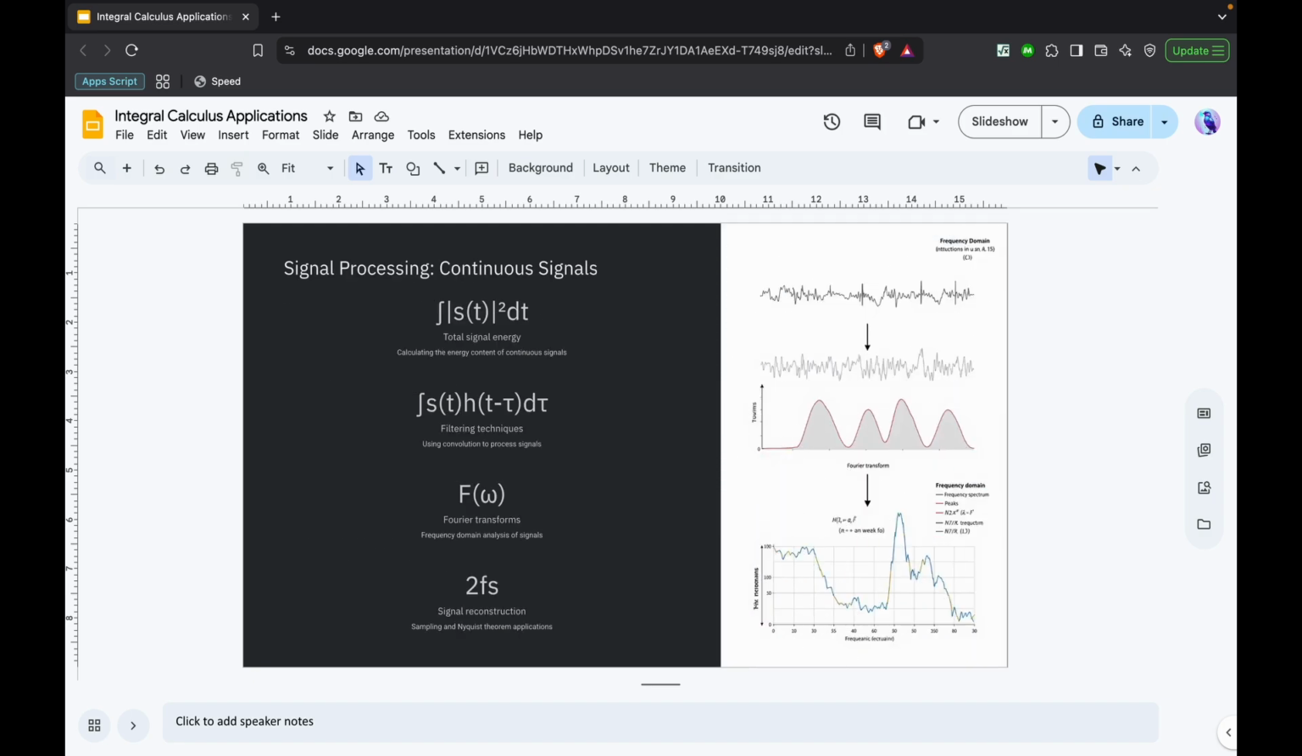This is more of an engineering thing, but it is about signal processing and continuous signals. There's the total signal energy, there are filtering techniques, there's the Fourier transform, and there's signal reconstruction. First we're trying to find out the total amount of energy. Then we're also trying to figure out how to filter these to get the result we want. Fourier transforms are a different, more complicated topic, and signal reconstruction is something I actually really didn't know prior to